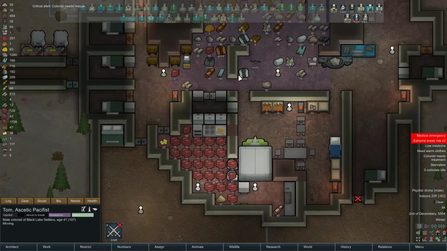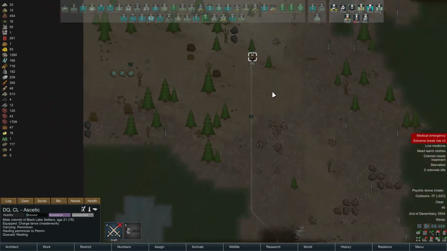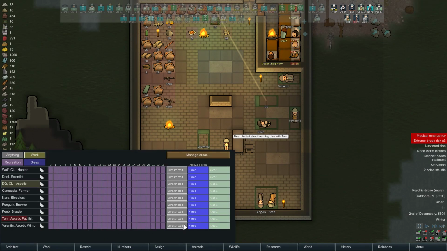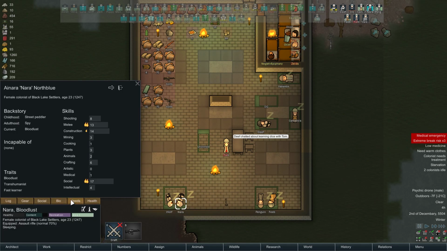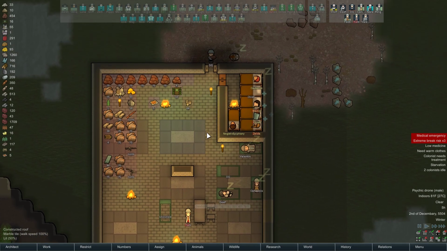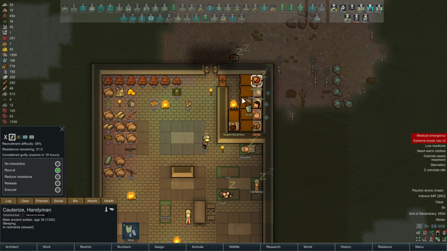So what I want to start to do is... DQ's over his mental rage, whatever. I'm going to unrestrict everyone but Nara. I'm keeping Nara in here because, well, A, she's armored and a good melee fighter, so if they try to prison break, she can put them down. And B, she is the natural warden, so she will try to...